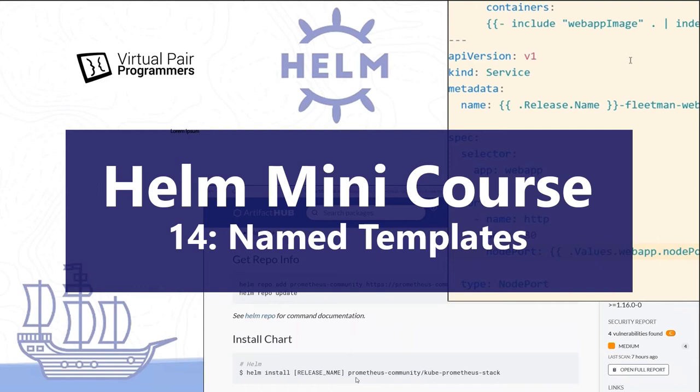Maybe you've landed on this video, in which case welcome, and I hope you'll find the material here useful. But be aware that this is video 14 in a series of 15 videos. Since video 10, we've been building our own Helm chart template. For the first 10 videos in this series, we were getting to grips with Helm and understanding Helm. So actually, if you're new to Helm, you might want to go right back to the start of this sequence of videos, and there is a playlist below.